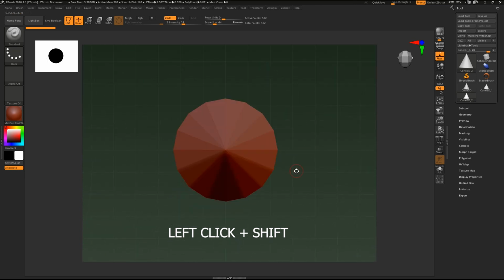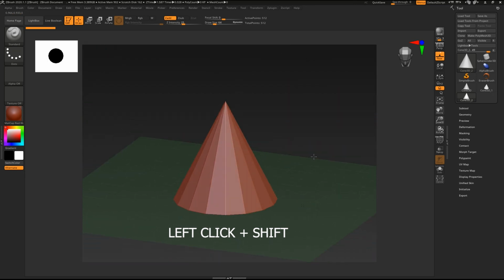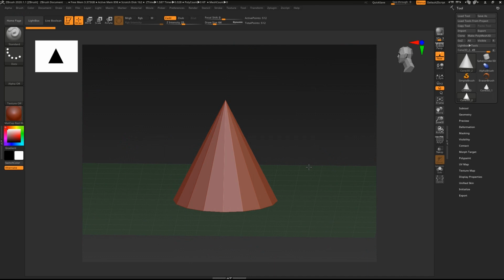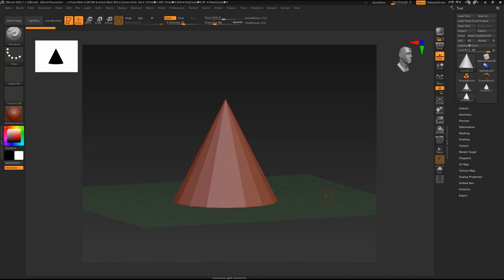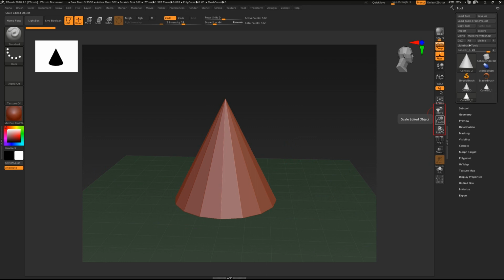If you hold left click and press Shift, you can also snap to 90-degree angles, which means orthographic views. But right now it is not the model that is turning, it's your camera. These are the camera controls on the right: move, zoom and rotate. You see move, rotate and scale here too, but this is to control the object.